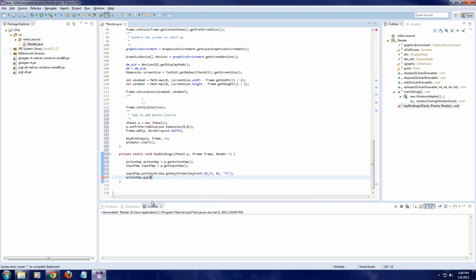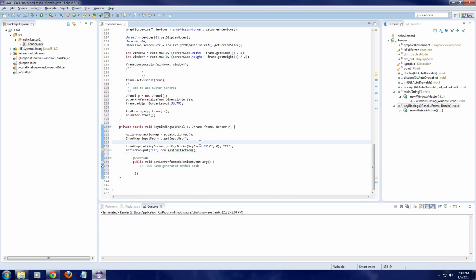Okay. So now we got put f1 new. I'm going to put semicolon. Wait, abstraction, or is it abstract? Abstract. I think that's right. Okay, yep. Sorry. Always mix up which anonymous class we're doing. There we go. So action performed. This is just going to be